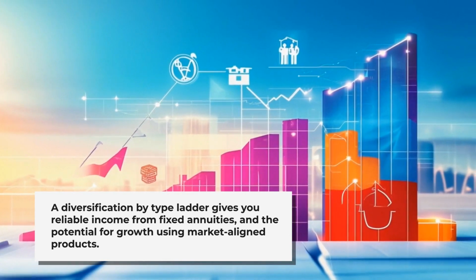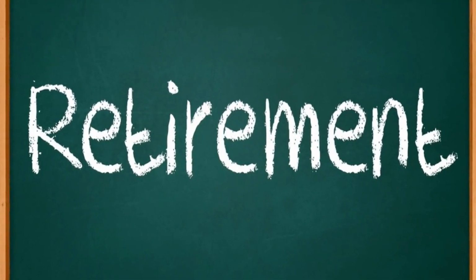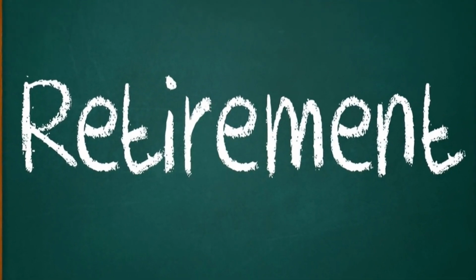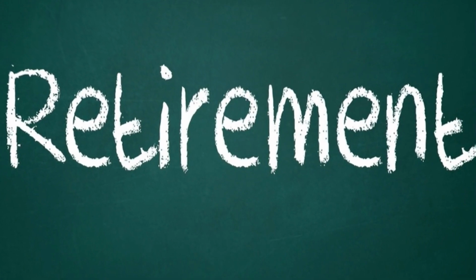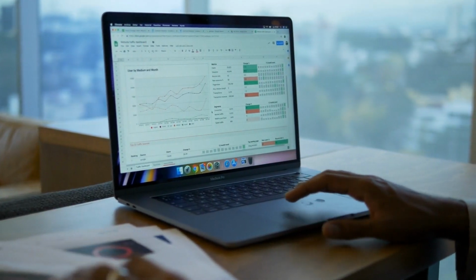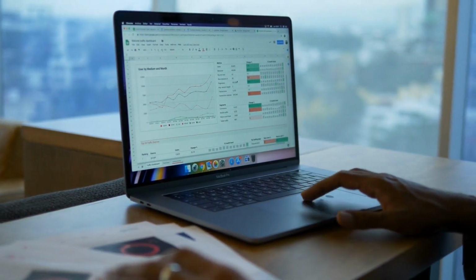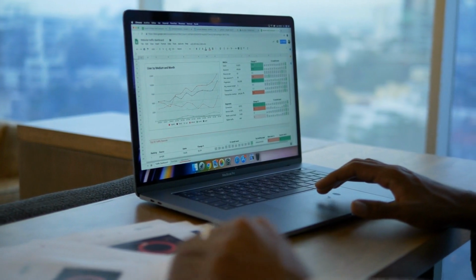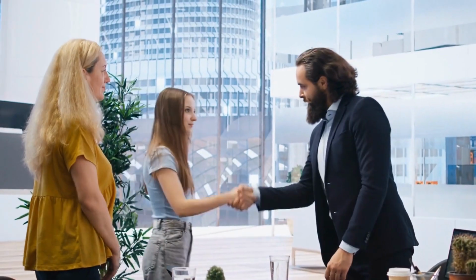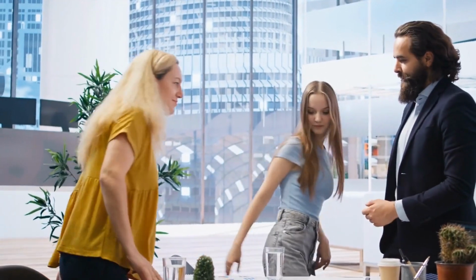By now, you may be wondering if laddering is right for you. Laddering is particularly beneficial for conservative investors looking to balance income security with growth potential. If you're nearing retirement or already retired, laddering can help you gradually transition your assets into income-generating products without locking everything into one strategy. However, annuity laddering may not be ideal for those who need immediate liquidity or prefer short-term